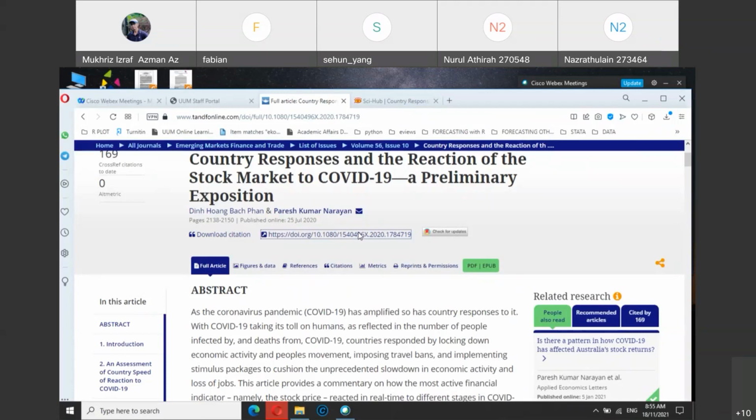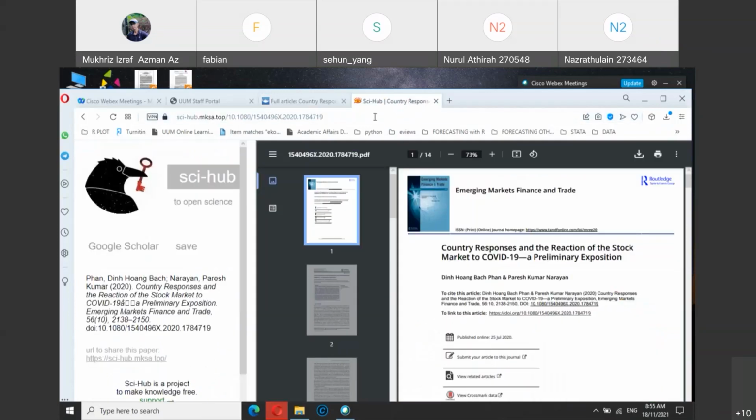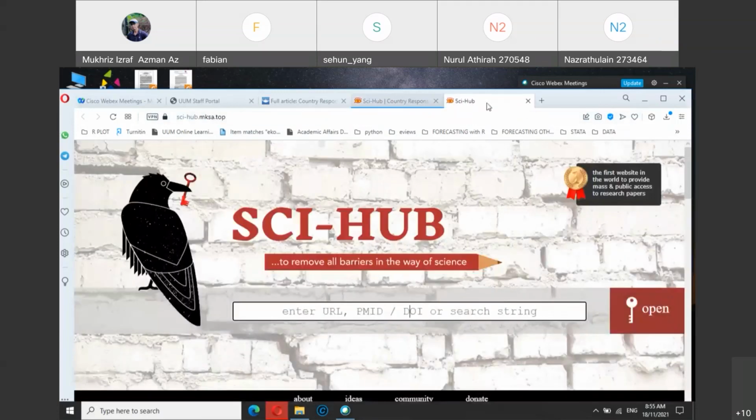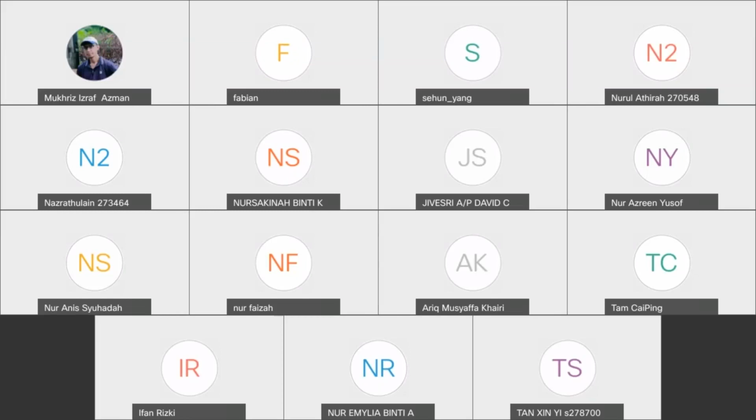Okay, so that is what we have done so far. So for Sci-Hub, again, you need to explore this lah. If you face any problem accessing Sci-Hub, because some students might say that the link is not working, even though I am using the Sci-Hub dash shop, what you need to do is